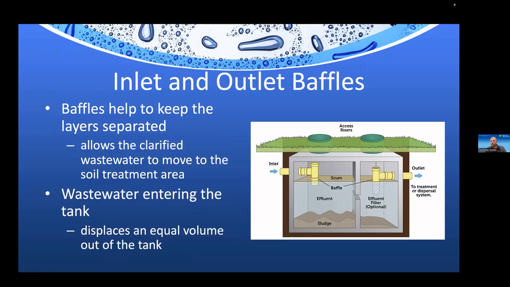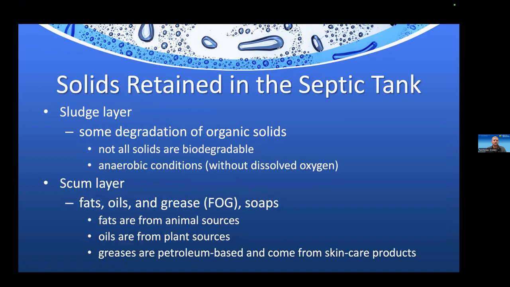So the wastewater entering the tank, and this is a really good thing to know because a lot of pumpers get this question all the time. People call and they say, "My tank is full," and they don't realize that the tank is designed to operate full all the time. So every time that anything is collected from the house and comes to the tank, whether it's a toilet flush or a shower or a load of laundry, it displaces an equal volume of water out the tank. So that's something to know.